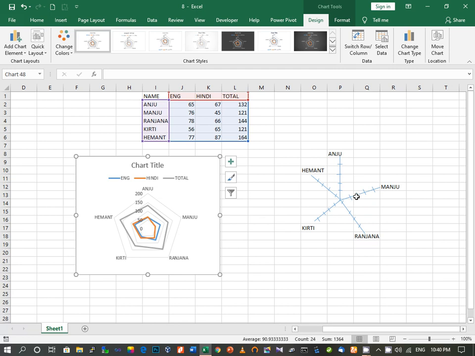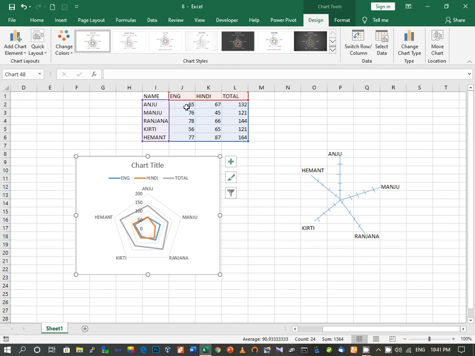Here the data is not represented on any x-axis or y-axis, but they have an individual axis for each entity. Here the entities are the names, Anju, Manju, Ranjana and so on. So for each person there is a separate line, and these lines will increase as the number of persons increases. Now how is this formed? Here in the center, this is 0, and this line is equally divided. Here I have divided it into 4 equal parts, that is 25, 50, 75 and then 100. The same way here also, 25, 50, 75, then 100.